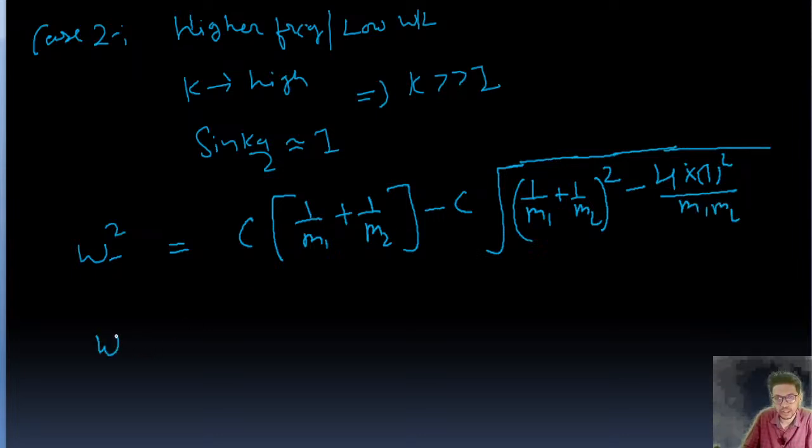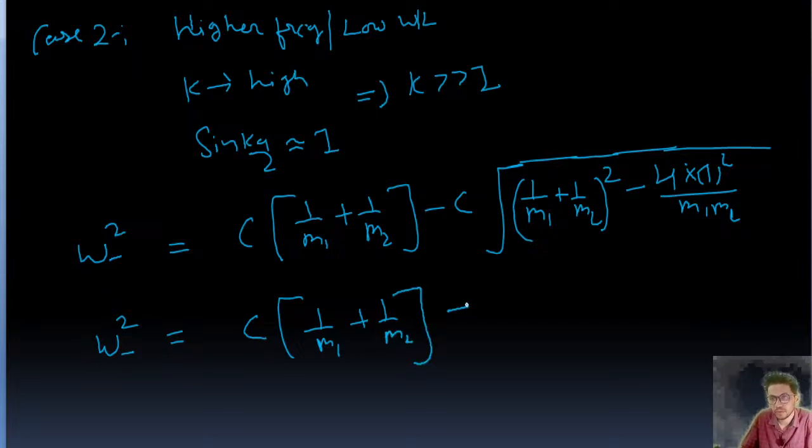So omega minus square value is going to be c into 1 upon m1 plus 1 upon m2 minus c